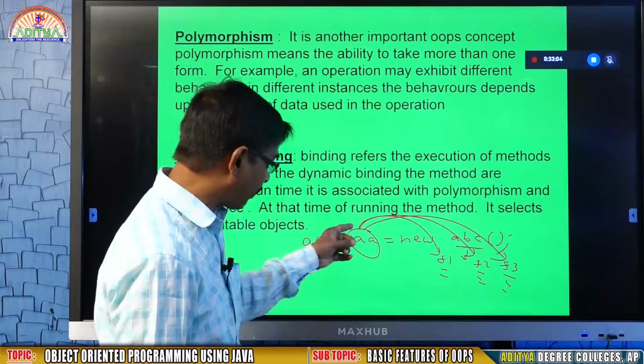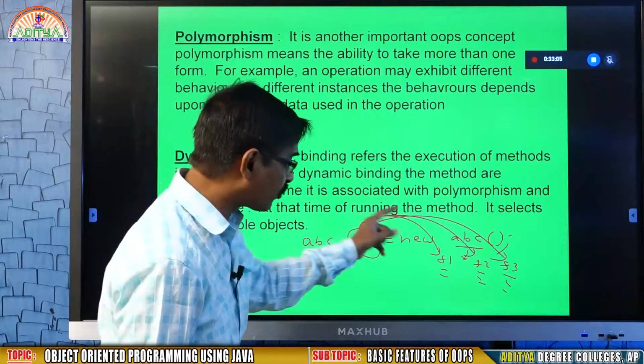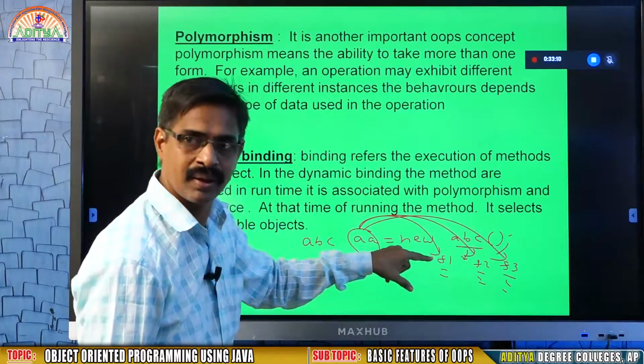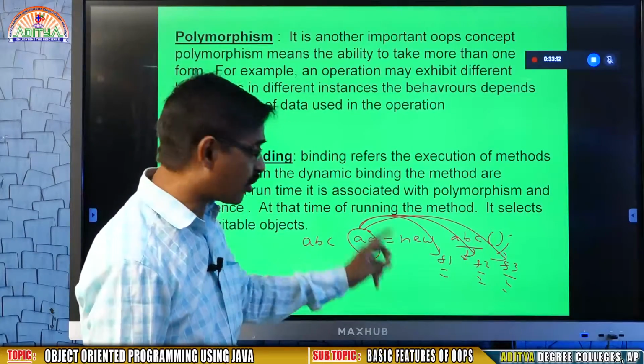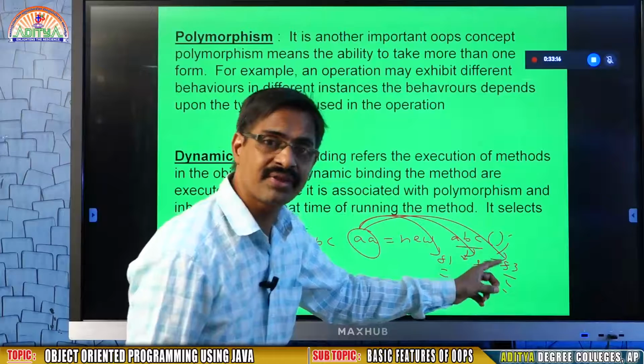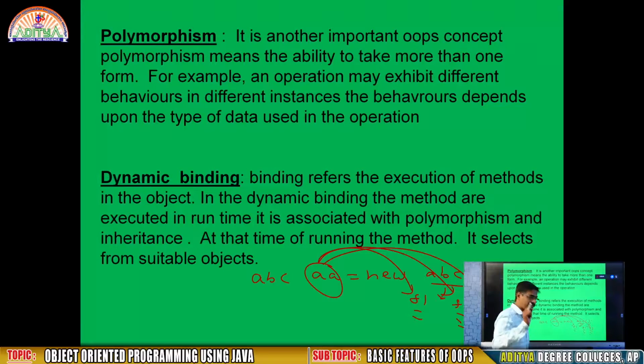With the help of this object, I am allowed to execute any method available in the same class. My object is suitable to execute any method that is available in the same class. But my concept is, there is another class XYZ, BB equal to new XYZ.